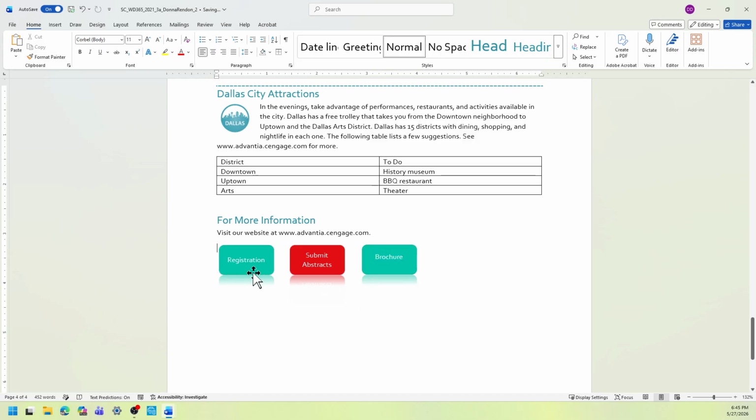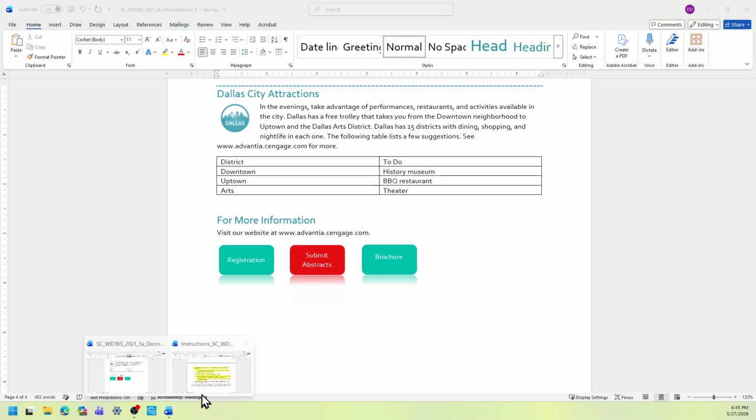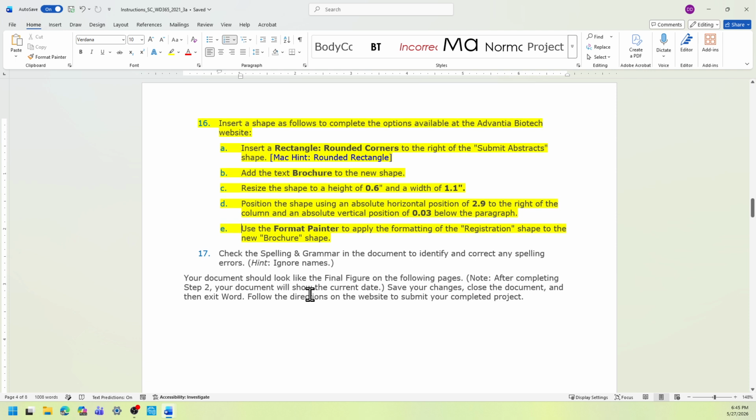There you go. And now it has the same format. The last one is check the spelling and grammar in the document to identify and correct any spelling errors, but you're going to ignore the names.